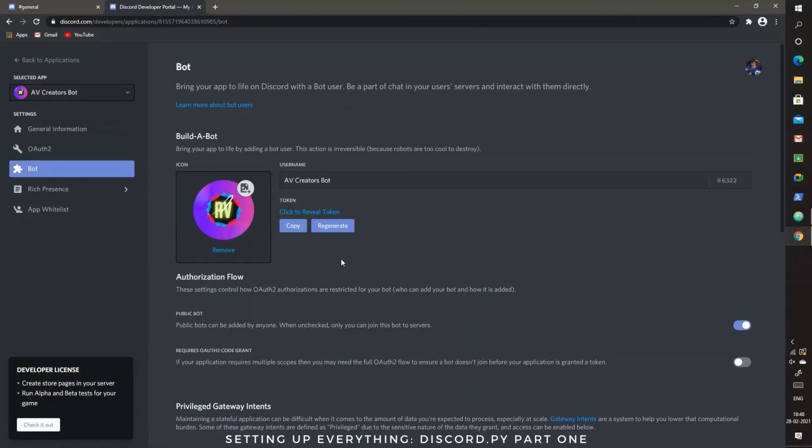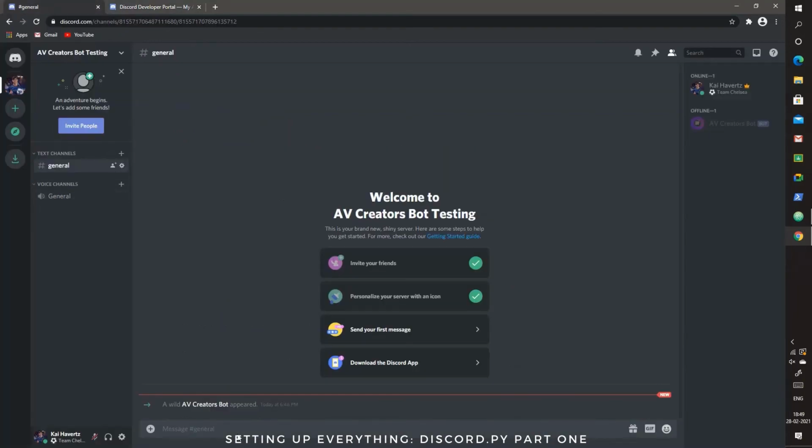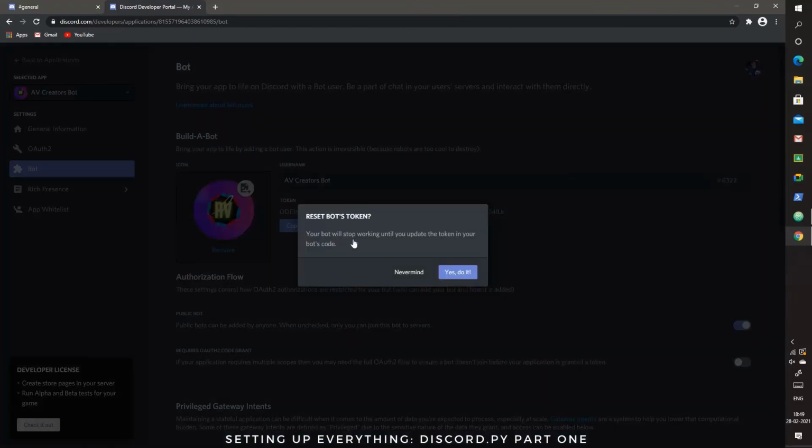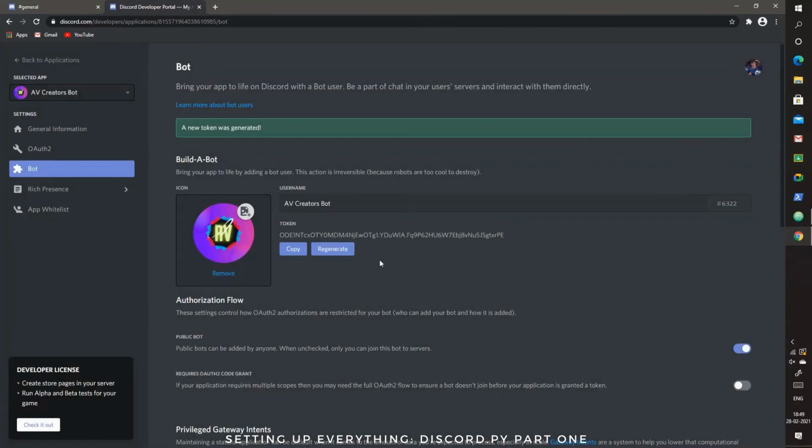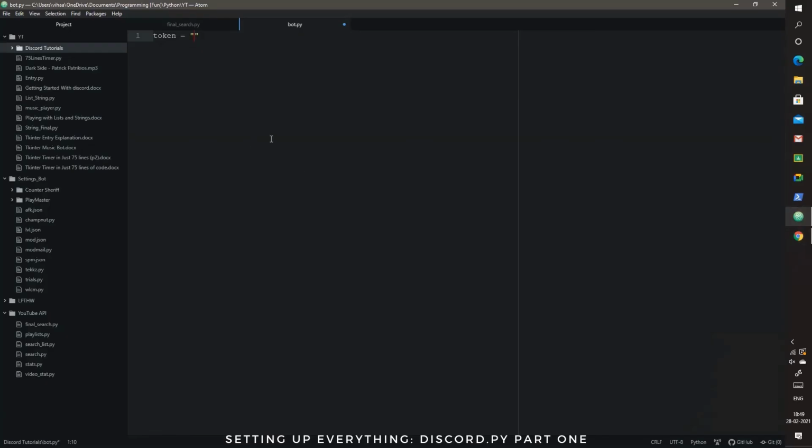In case your token is given to anybody who you don't want to be giving it to, they can misuse your bot, and if they know coding, they can literally make your bot spam or do anything wrong. In that case, you can just click regenerate, which is what I'm going to do right after this video. And anyways, even if anybody gets access to this bot, it will not make a difference because it's not going anywhere other than this server, which is basically useless. So yes, do it. I have regenerated the token and I'll copy it, and let's just add it.